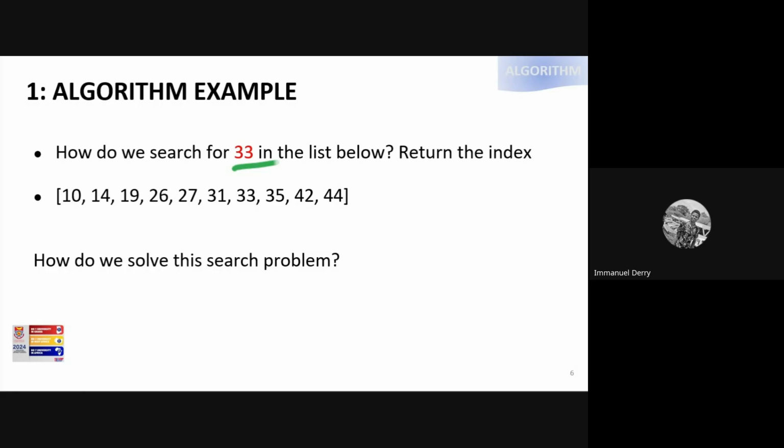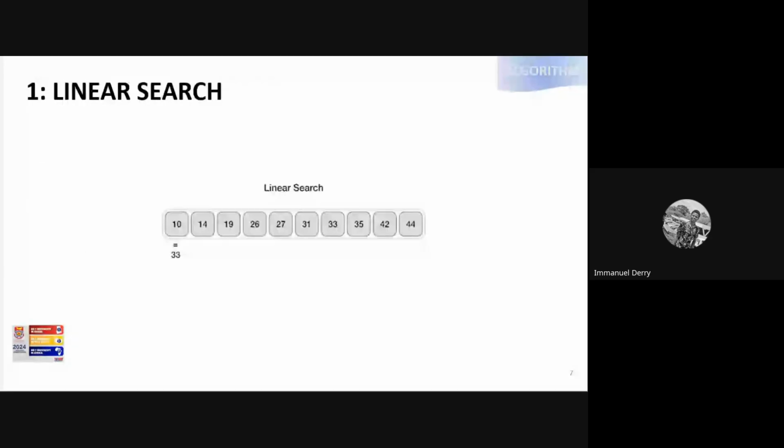Is it equal? If that is not the case, you move on to 14. We compare 14 to 33. Is that the case? That is not the case. We move on until we get to 33, where this is equal to this. And then we see that we have found 33 in the given list here. So we demonstrated that using this animation here. We start from 10. We compare until we get to 33. And then we return from the